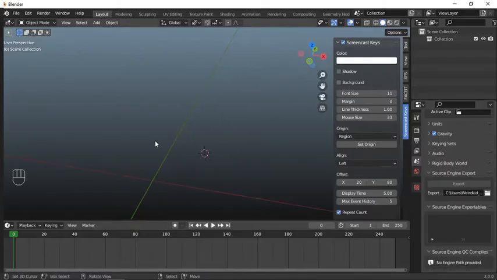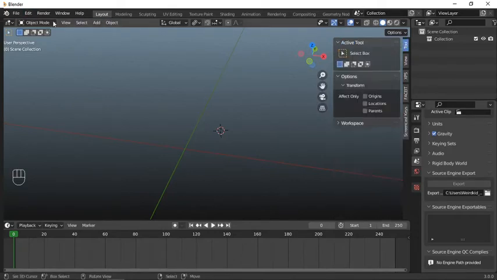So, I just have a blank Blender file. All I did was hit A and hit X and delete. You can see what I'm doing like right here. Okay, so what you want to do every time is go to